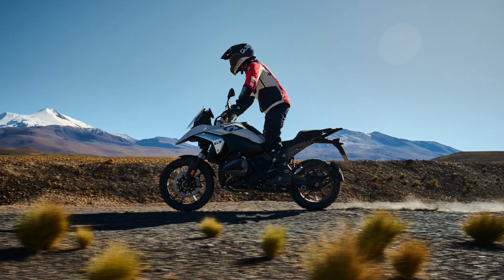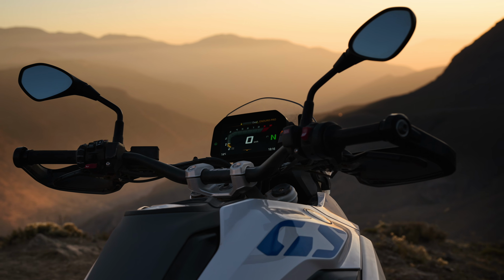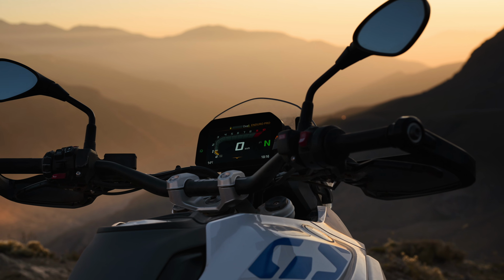There's an option for the lights as well to add things like coming home lights, so that's when you get off the bike at the end of the day, the headlights will stay on for a little bit so you can wheel it into the garage without tripping over your cat litter tray and face planting in some sort of mess. I haven't covered electronics yet, and that's kind of because they're not quite as changed as the chassis